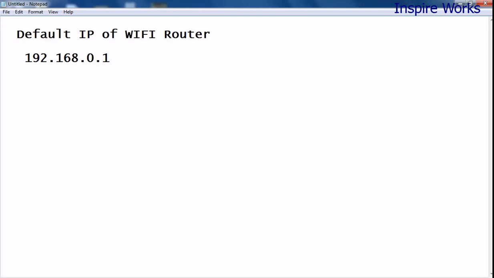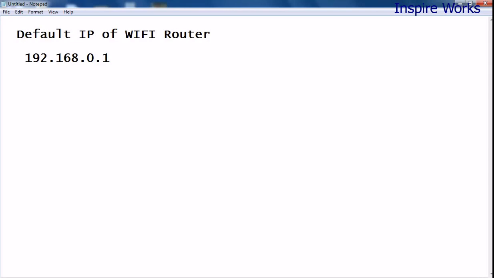So today we will check the various configuration and settings of a Wi-Fi router and how we can access it at home without having any kind of information. So guys, this is very handy, and if you would like to check the various tabs and information given over there, you can very easily go with the IP address 192.168.0.1. This is the default IP address of the Wi-Fi router which is set up at your home, and you can browse the various things given over there.